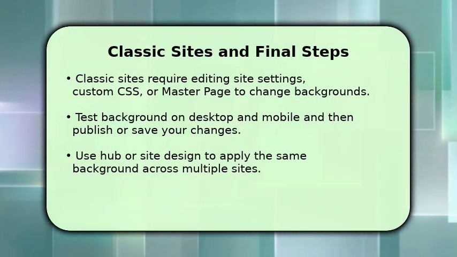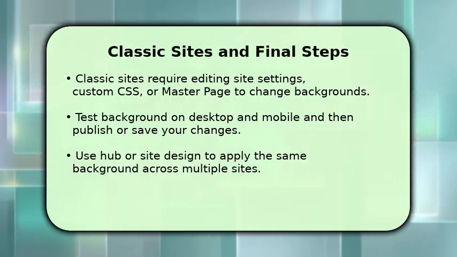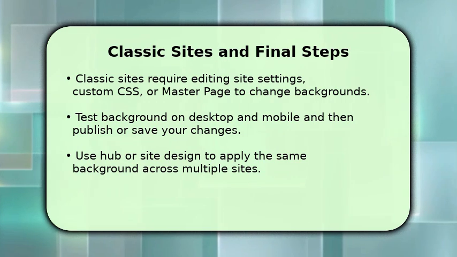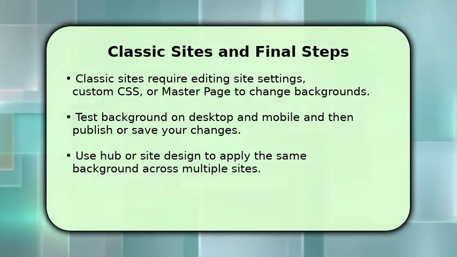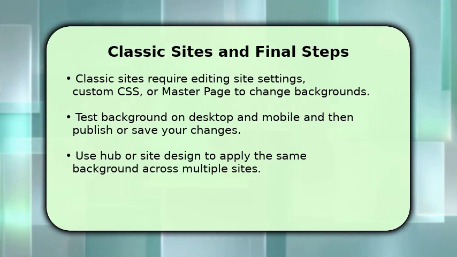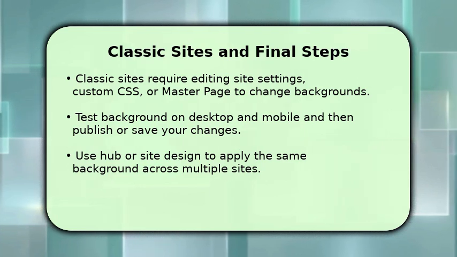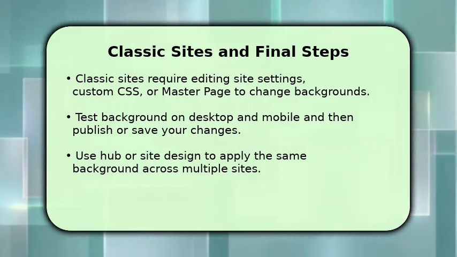For classic SharePoint sites, open Site Settings and navigate to Master Page or Look and Feel to change background. You may need to add custom CSS with a background image URL and ensure the image path is accessible to all users. After applying changes, preview the site on desktop and mobile to confirm the focal point and contrast look